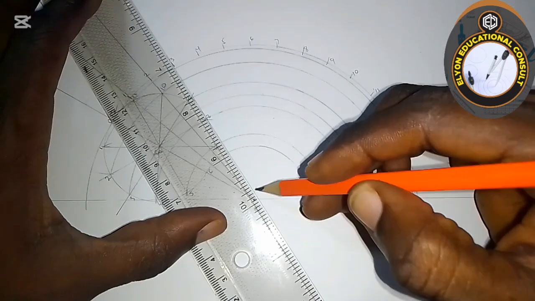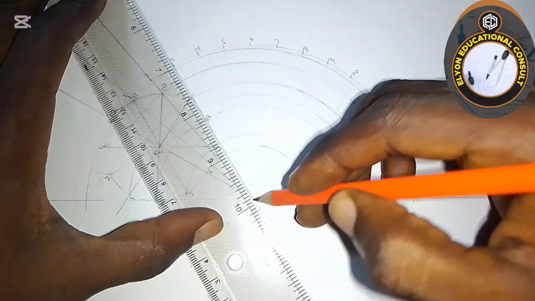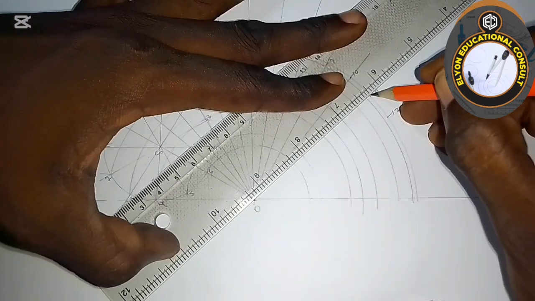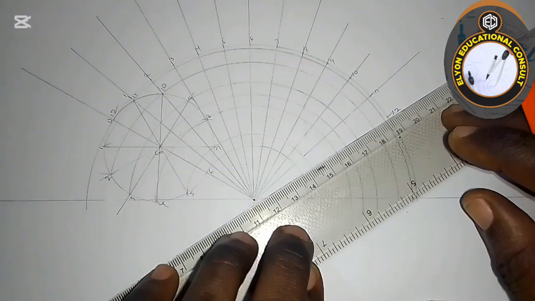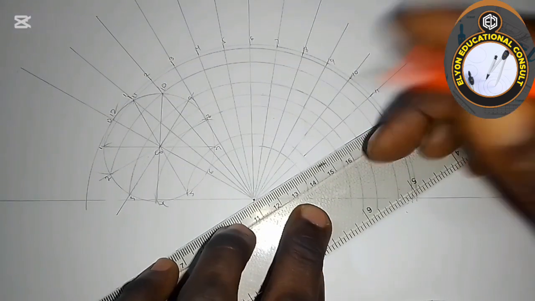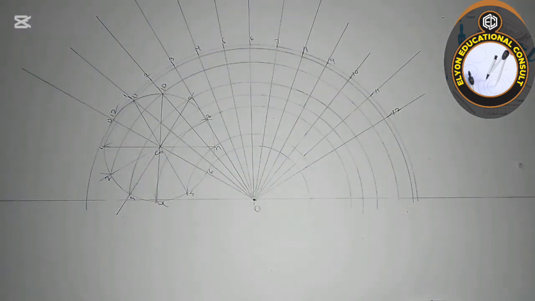Okay, then to 3, to 4, yes, for 11, and then draw for 12. Okay, so we have that all drawn out now. So the next thing I'm going to be doing now, I'm going to be getting my point for the